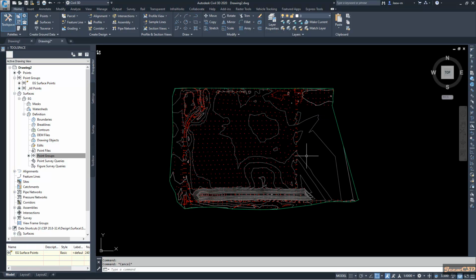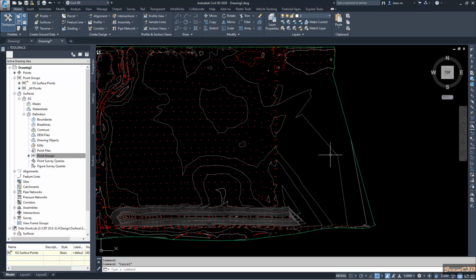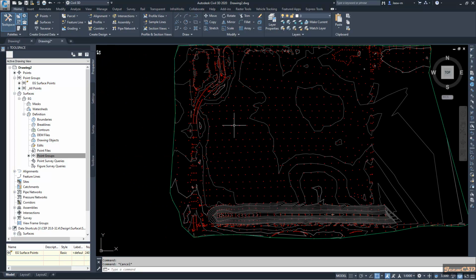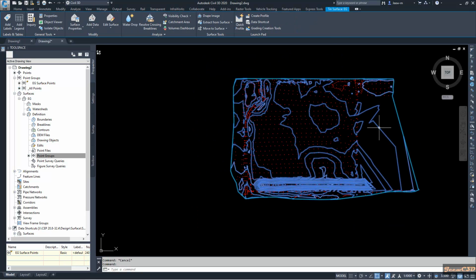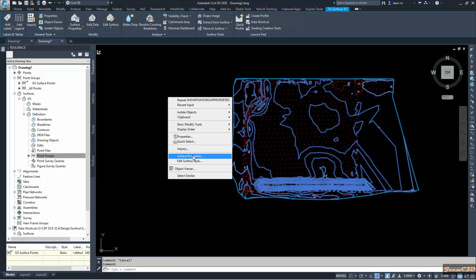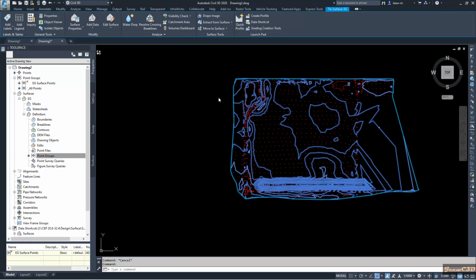So you will see now our surface is created. You can see these are the contours in this surface. You call it surface style. So if you want to change the style, we click here and go to surface properties from here, or else you can right click and go to surface properties,